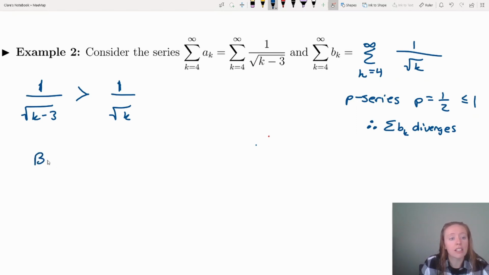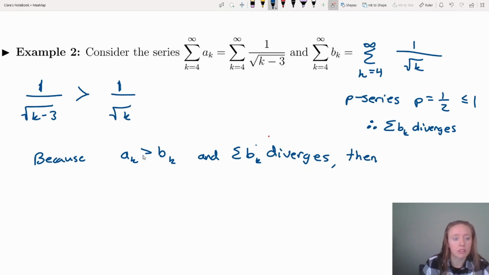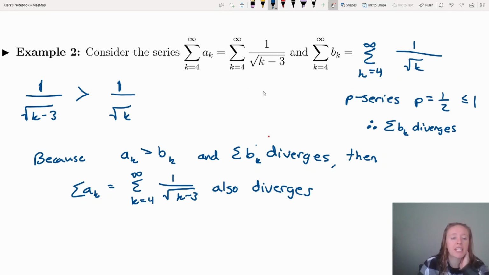So, and I'll go ahead and write this out, because a sub k is greater than b sub k, and b sub k, that series diverges, then our